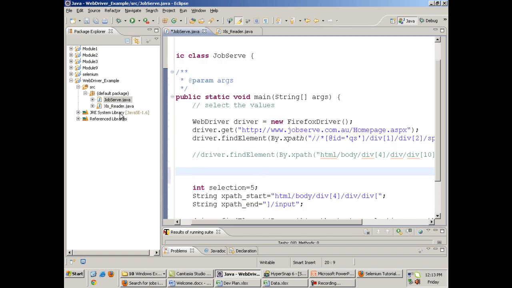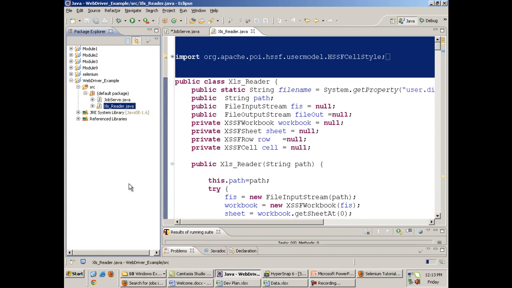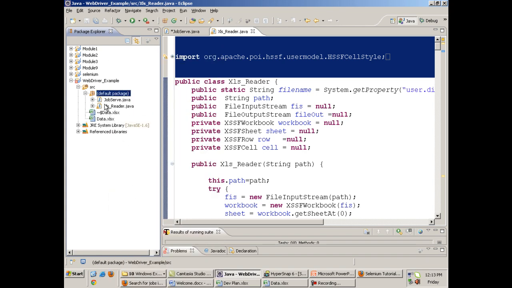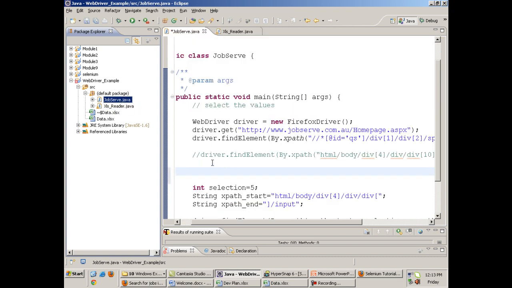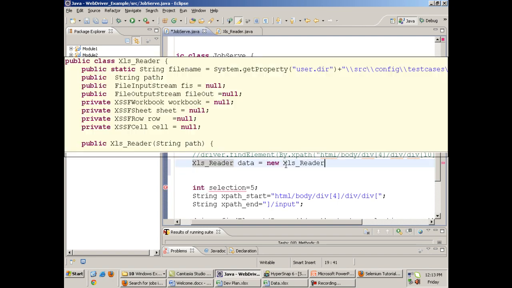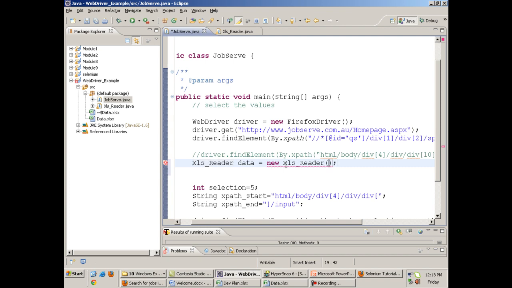Now I'll create the object of my xlsreader.java. In my jobserve.website I'll write xls underscore reader. Object will be data equals new xls reader, and I will pass on the path of the Excel file.